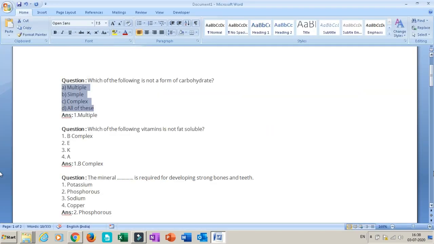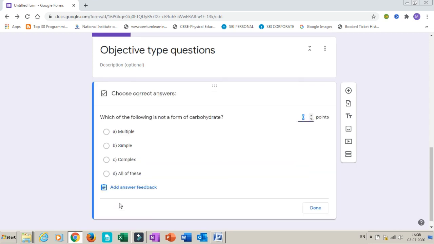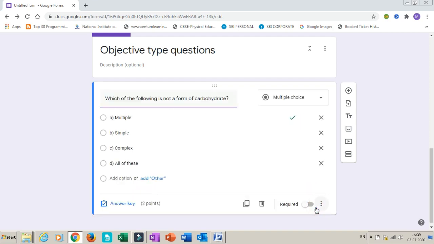Now the correct answer is first, that is multiple. So here is the answer key. Click on answer key and click on multiple and give the point. Let it be a 2-point question and done. Now one question is ready.